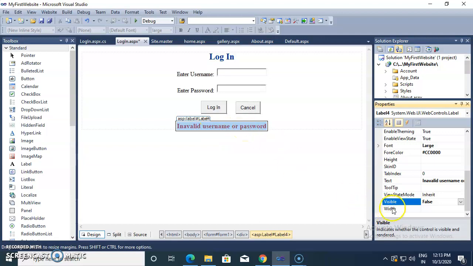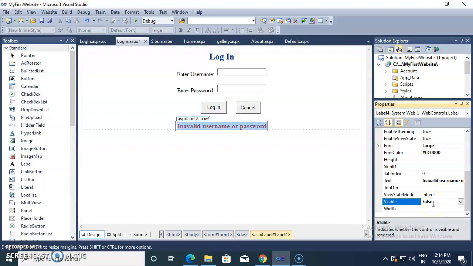Keep in mind, there is one visible property for each control. If you want to show that control, then set the visible property as true. If you don't want to show that particular control, then set the visible property false.